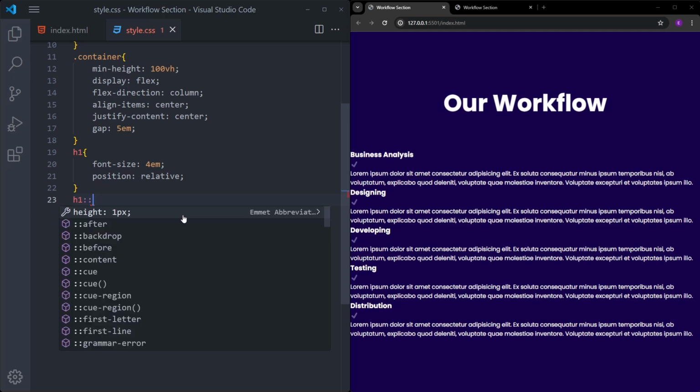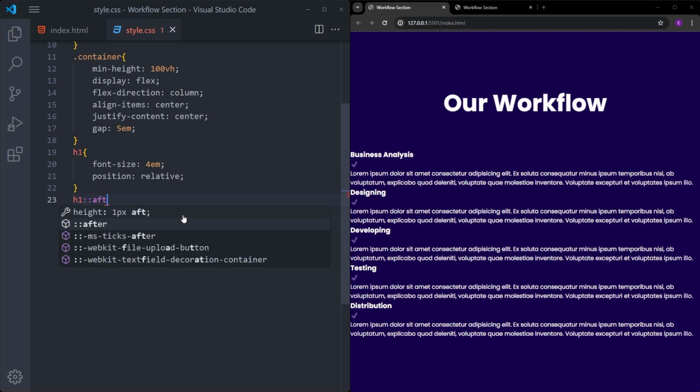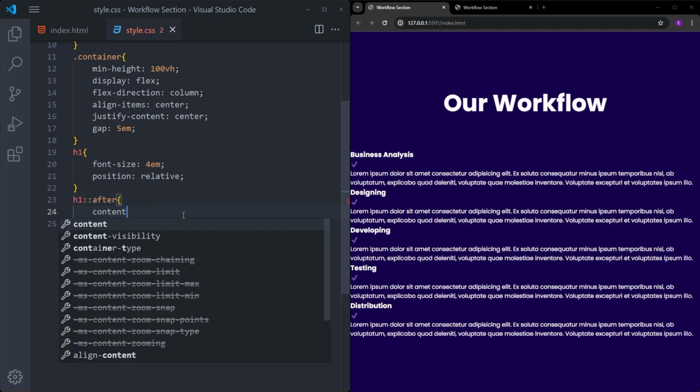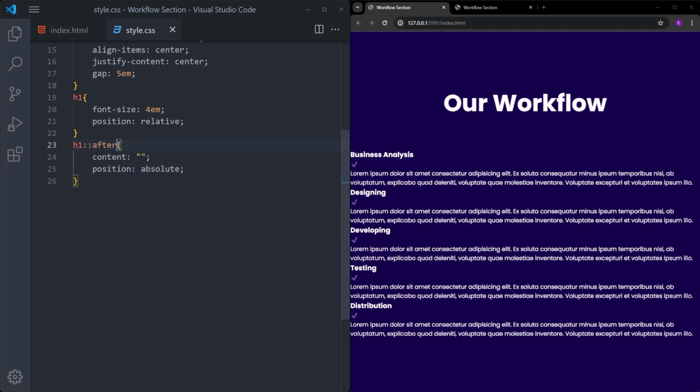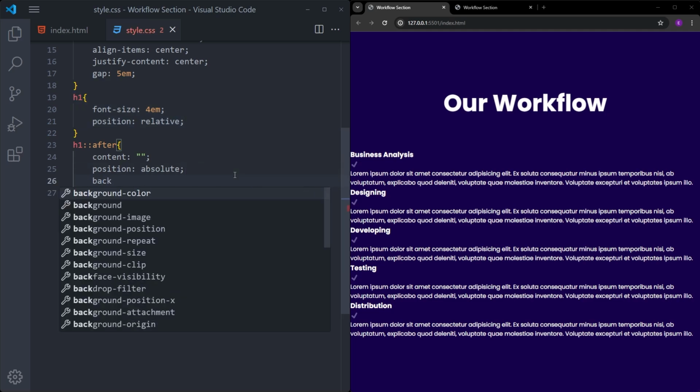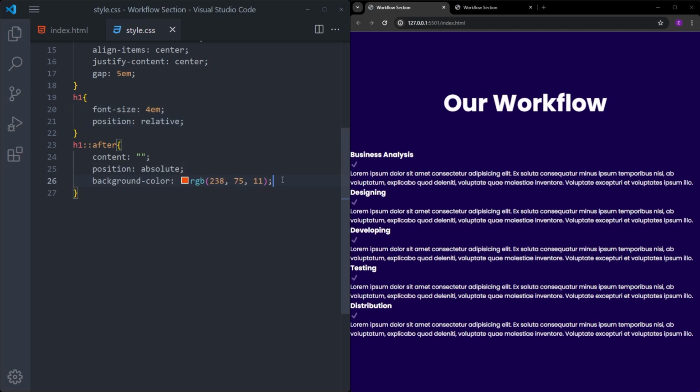So H1, and I will use after. The content is going to be empty, because this is just going to be an underline. And when I say position absolute, you can think of this as a whole new child element of this parent element. And when you say position absolute, it basically positions relative to this H1. I will make the background color this orange color,